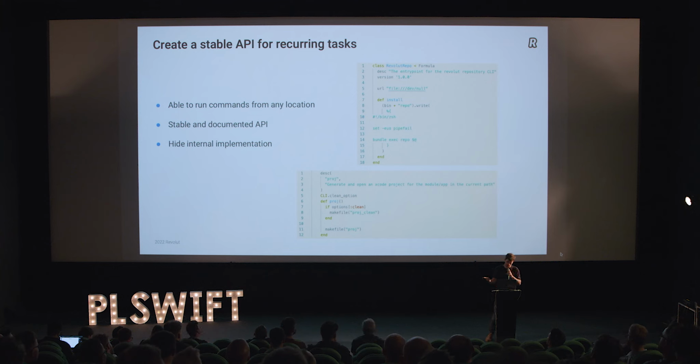And what you see on the bottom right is exactly that. At the beginning, this is the first solution we worked on, a Ruby wrapper that creates this stable API. We call it proj. So for example, when our developers have to open a project, they just go to a module and run repo proj, and get an Xcode project. That's it. Still, at this point, your scripts may be completely nasty, in multiple languages, located in weird places in your repository, but you're already creating this API layer between the users of your scripts, the developers, the team, and the implementation. So now you're free to change anything, and if you don't alter the API, that's going to be fine.